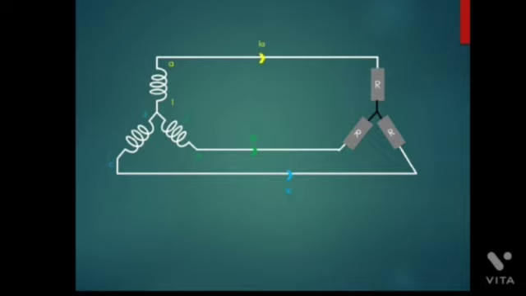So, in an ideal situation, or in the situation where the load is equal, the current flowing through the neutral conductor is always 0. And this is a very commonly used question in technical interviews. The conditions where load is not